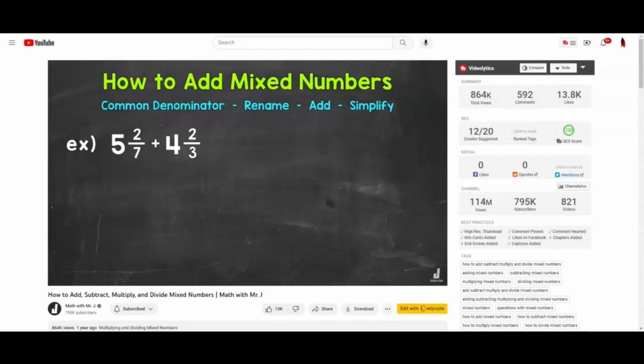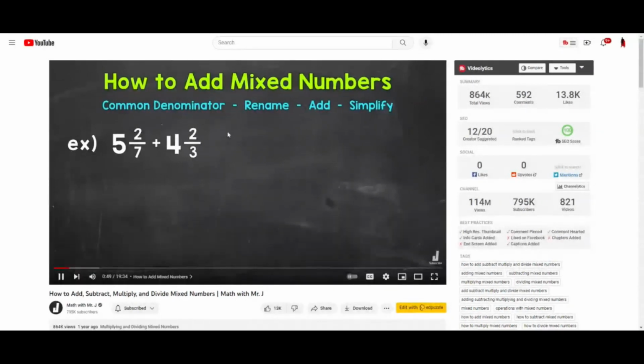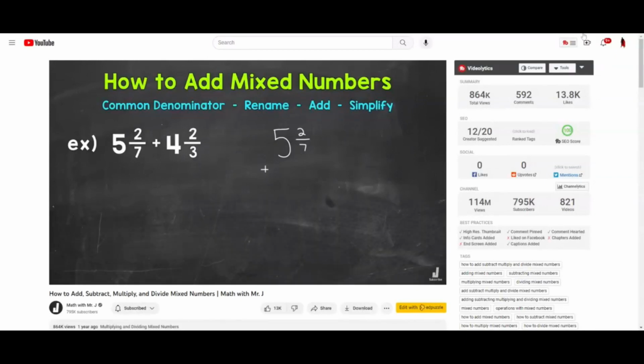Now we're going to start with addition. Let's jump into our example where we have 5 2/7 plus 4 2/3. Now the first thing that I'm going to do, I'm going to rewrite this problem vertically, so up and down, lining up the fractions and whole numbers. So we'll start with 5 2/7 plus 4